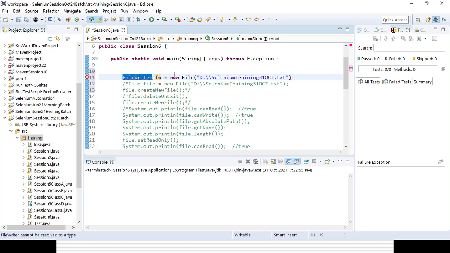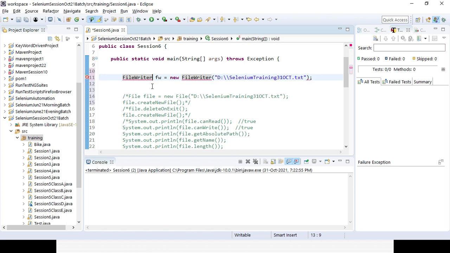You could see an error message is coming here, so you need to surround the lines of code with a try-catch. You also need to import the FileWriter class from the java.io package.